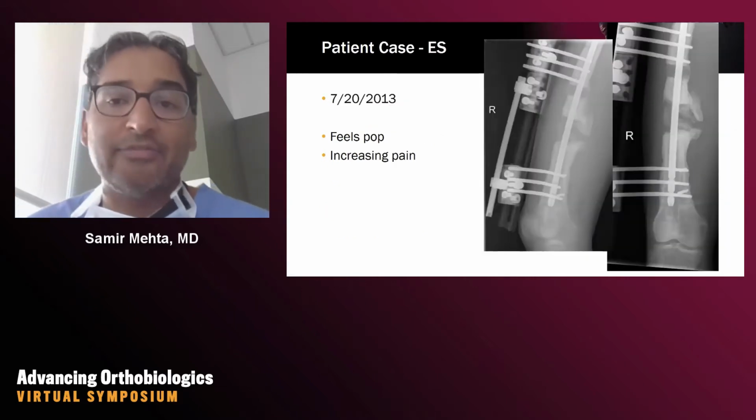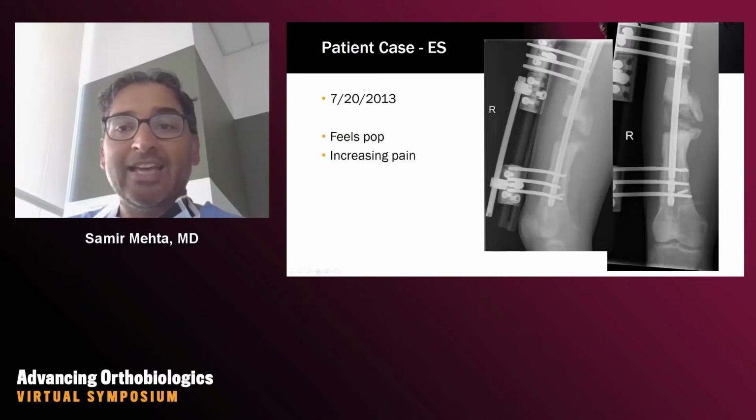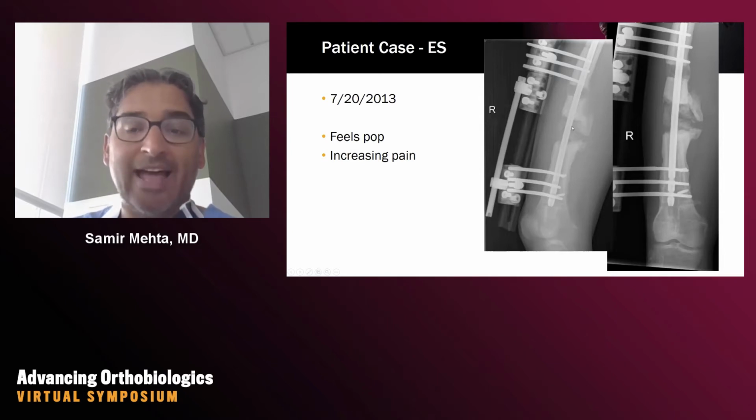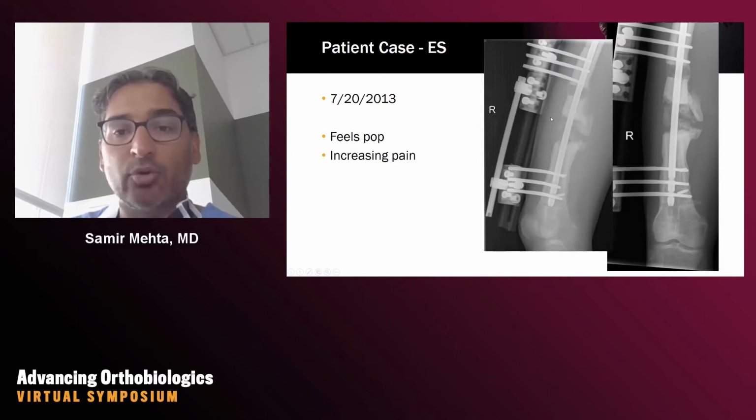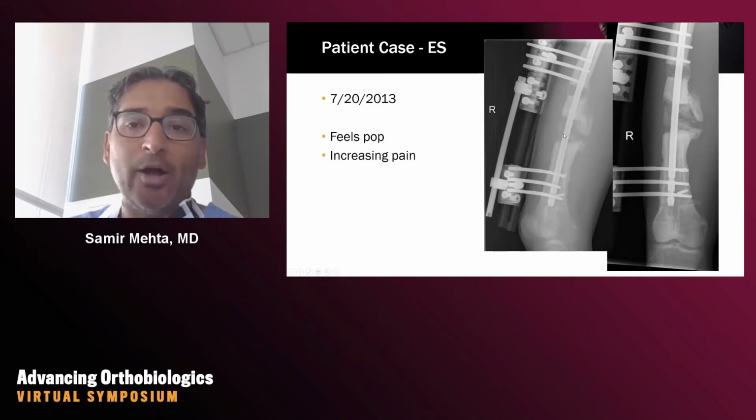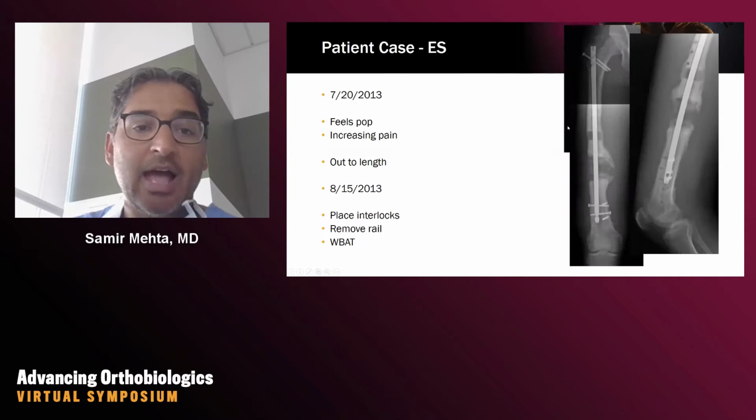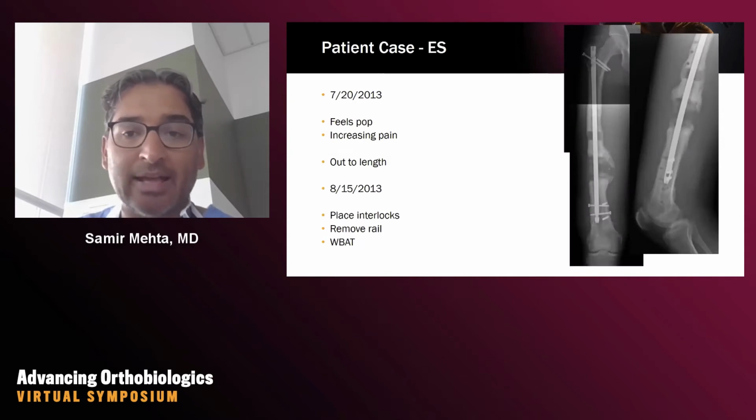Well, the ultrasound's really effective, so effective that actually he starts to consolidate his osteotomy site, and he's made so much bone at the osteotomy site, but I'm still pulling. He pulls through the site that hadn't healed, and that was not really great bone. And so my ultrasound worked great to get the osteotomy to heal, but it healed way too fast. And so I take him back to the operating room. Once he's out to length, I put a new nail in him, and I took out the old interlocks,